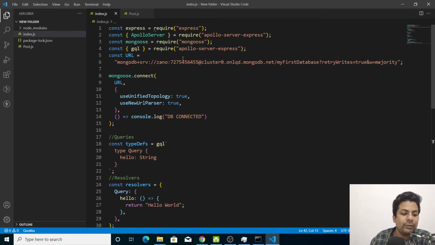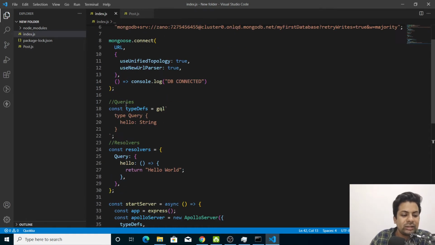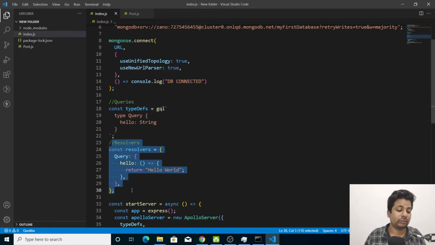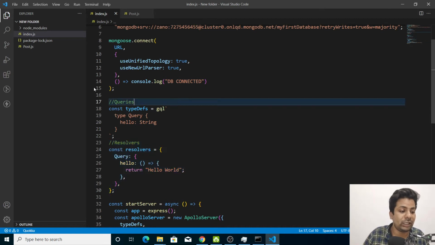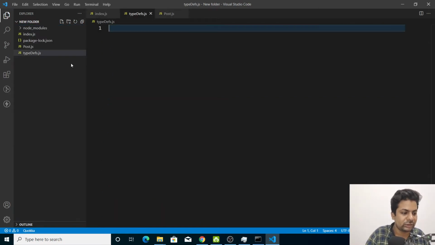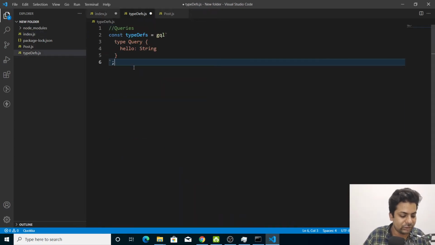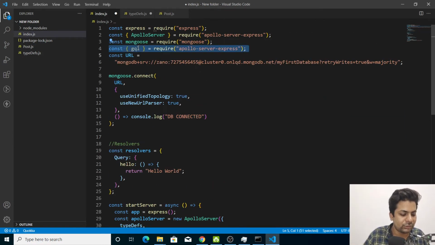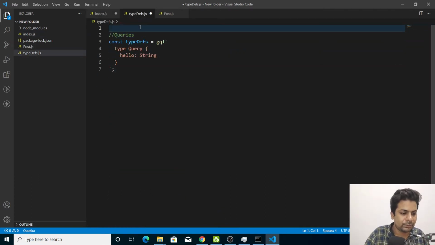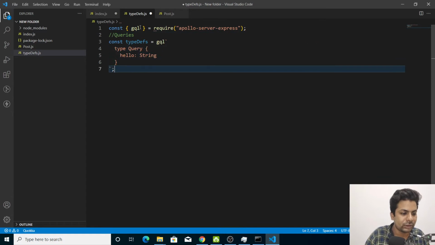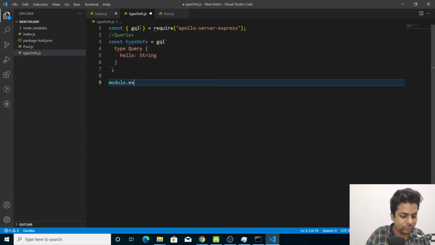So firstly I have to create data. If we write everything here, that will bring so much data into one page. So we'll make another file for typeDefs.js, and we'll just cut it from here, paste it here, and cut this from here, paste it here, and we'll say module.exports equals typeDefs.